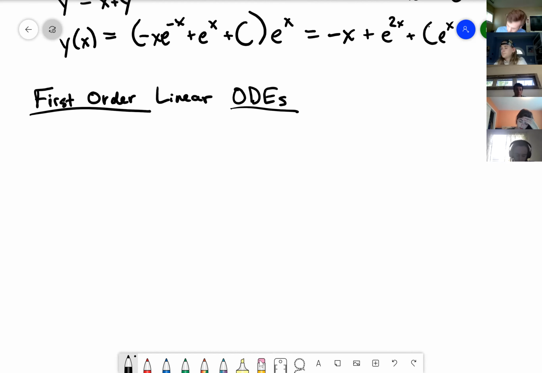We've only been concentrating so far on first order ODEs, so that's the ones where the highest derivative is the first derivative of y. So the only word we're left with is linear. And we actually talked about this, if you recall, on the first day of class. So a linear ODE is one that we can write in the form,